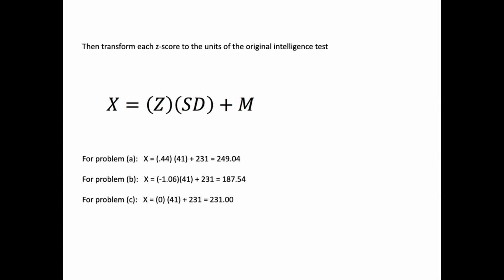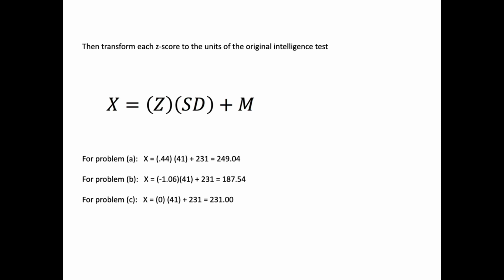And the mean for that test is 231. The standard deviation is 41. So all I have to do now is plug in the Z scores that I computed on my previous step. So I have a 0.44 Z score, multiply that by a standard deviation of 41 and add 231, and that gives us an X then of